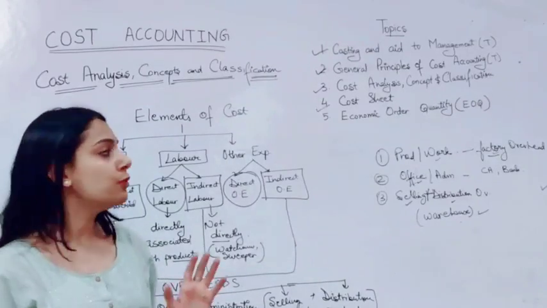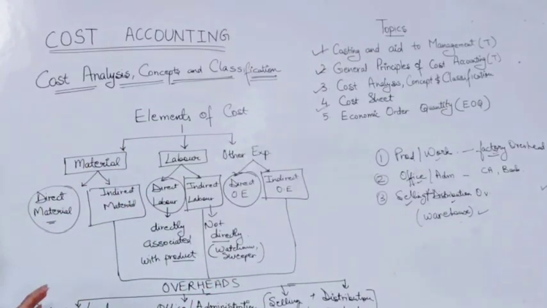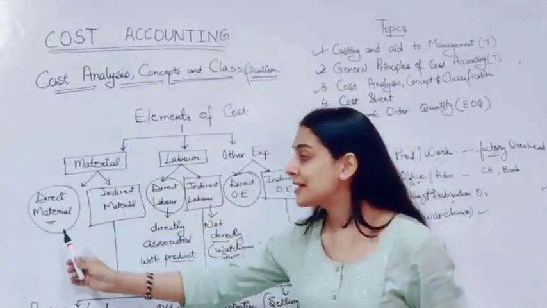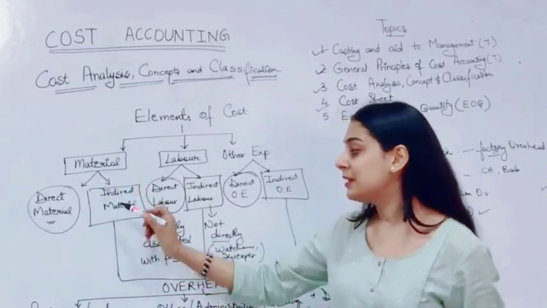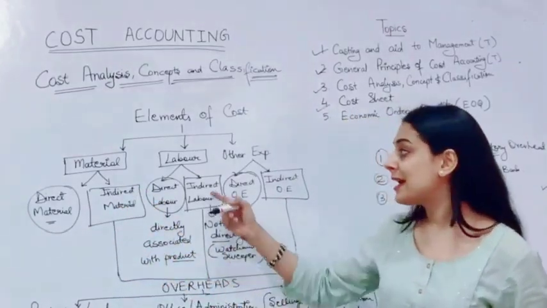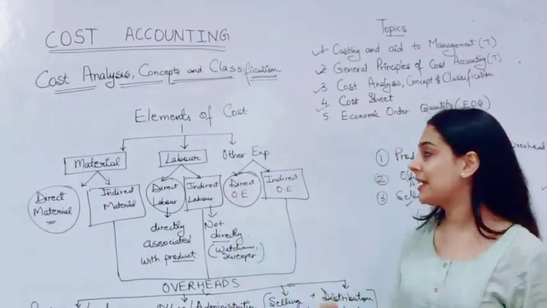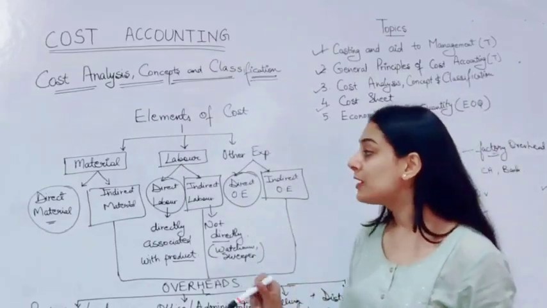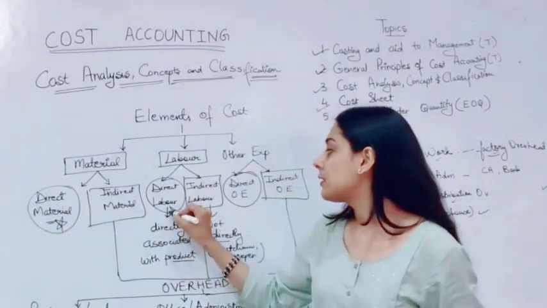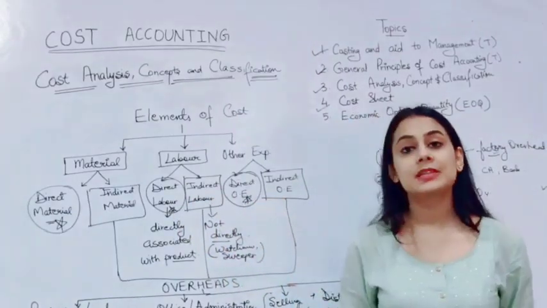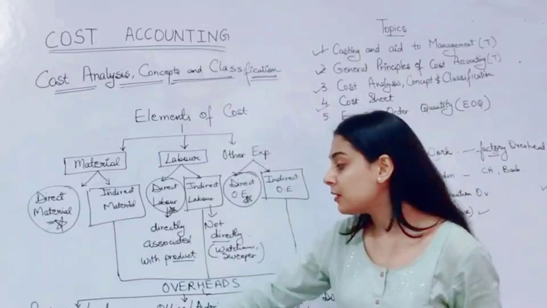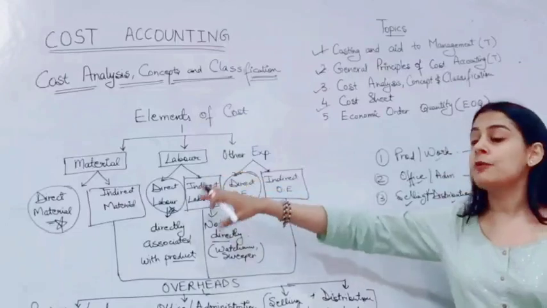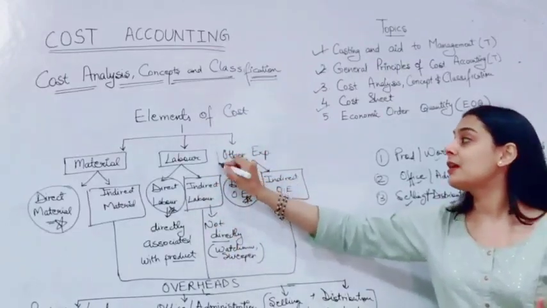So after this we are going to do the cost sheet. I hope all this is clear. So once again I am just giving a very brief overview: direct and indirect material, where indirect material further makes a part of overheads, and indirect labor further makes a part of overheads, and indirect other expenses are a part of overheads. So we are going to take into consideration the direct ones first, and then later on we will be classifying the overheads part, that is, the overheads which are the part of indirect of the previous headings: material, labor and your other expense.